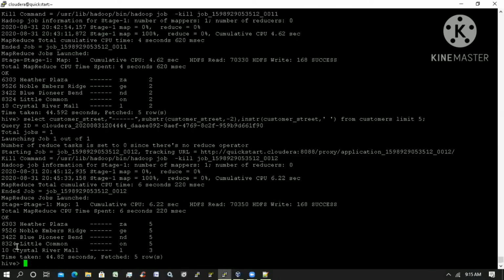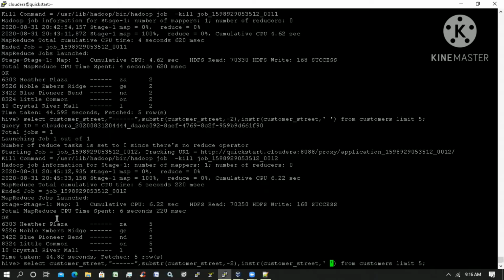You can identify it like this: space is available at the 5th position. 1, 2, 3, 4, 5. The 5th position is the space. Here the space is available at the 3rd position. Like this you can identify where the space is available. In INSTR itself, we have different options available. We can search from the starting, or from the last, or for the next position. That means instead of the first space, I want to search for the next space.